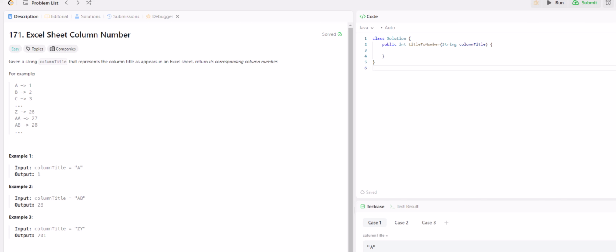So in example 1, column title A, output should be 1. Column title AB, output should be 28. And then example 3, ZY, output is 701. So it's pretty clear how we get the answers for example 1 and 2, but example 3 is a little tricky. So let's say we have the number